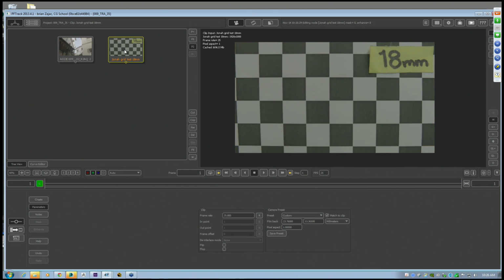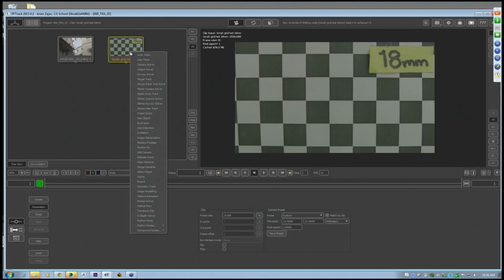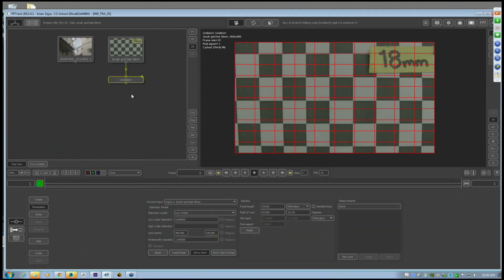our footage. So what we do, all the commands are available in Create, but they're also available by right-clicking on the main footage. That's where I access all my nodes from. So the first thing we want to do is undistort our footage. So we get our distortion node here and loads of different parameters. So what we want to do is